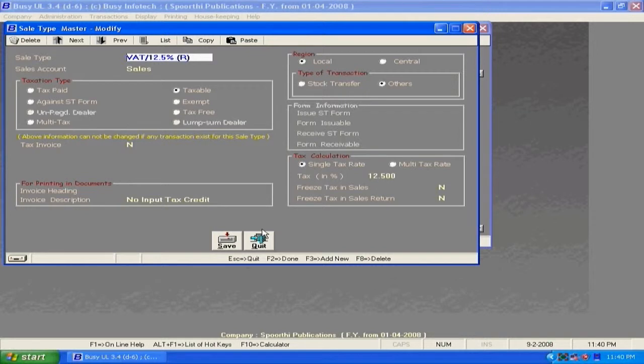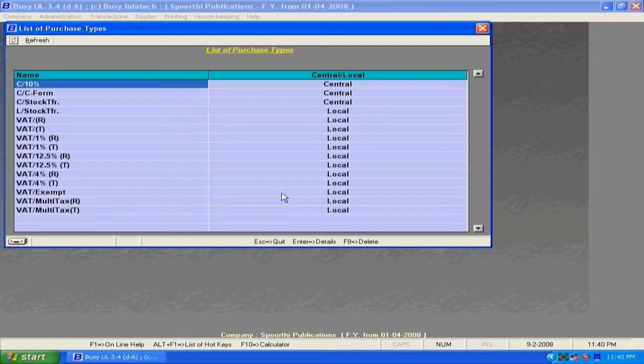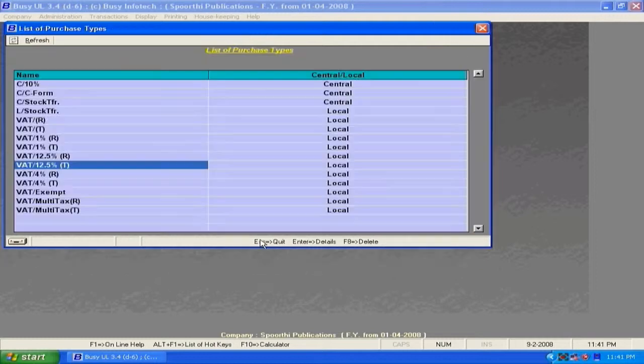Similarly, with purchase type, you can add, modify and list. These are the different purchase types which are being given by BUSY by default. If there are any changes, you can modify them. Now let us see the next menu, configuration, which consists of